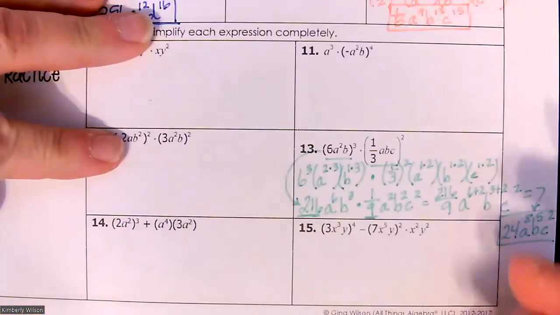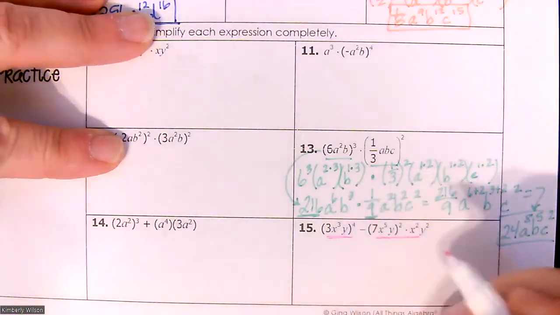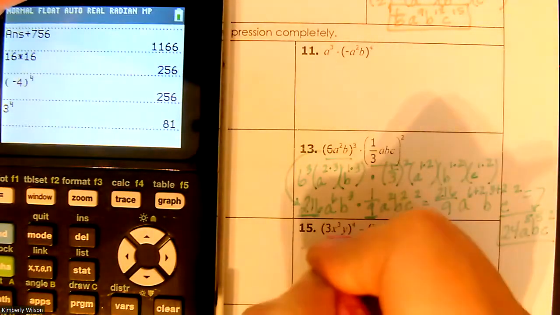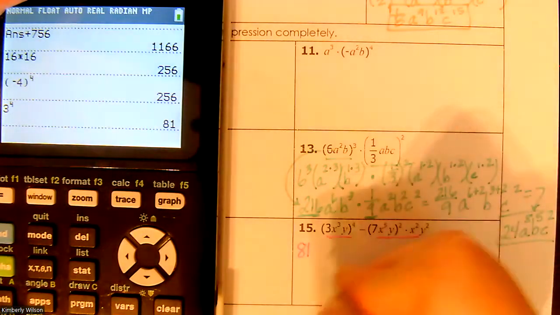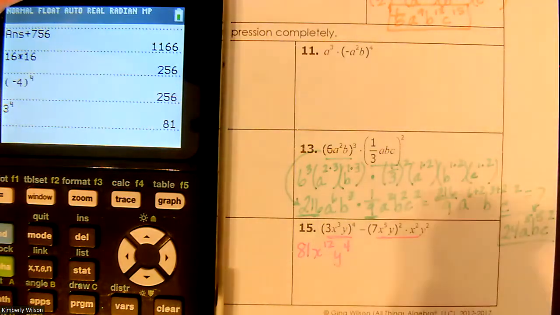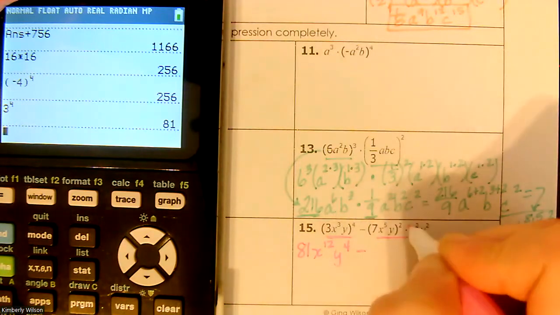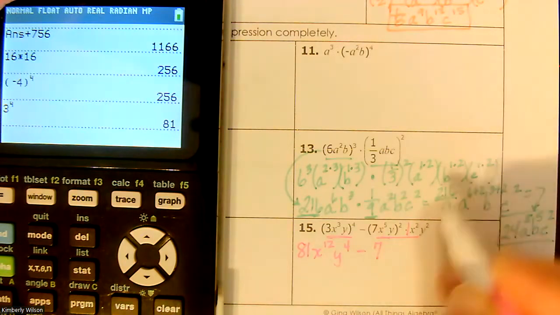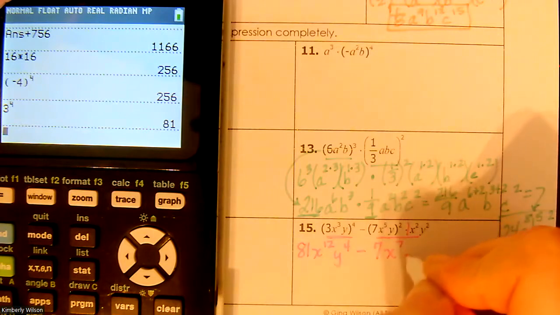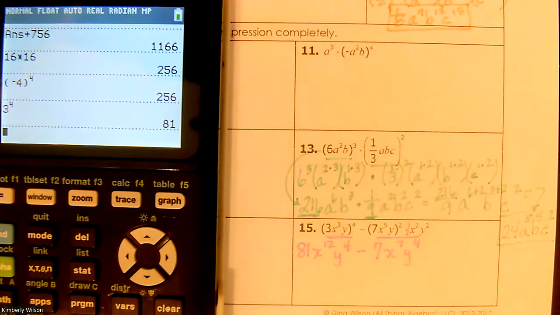Okay, so I've got to do this and this. And so I've got 3 to the 4th, which in my calculator, I can do 3 raised to the 4th, enter, so that's 81. So I'm going to have 81 x to the 12th, y to the 4th. This is cutting out the middle step. Now I've got to multiply this. So that's going to be minus, this is a 1, so this is 7. I'm adding these two exponents now. So this is going to be x to the 7th, y to the 4th,